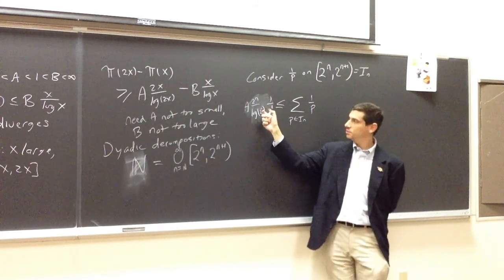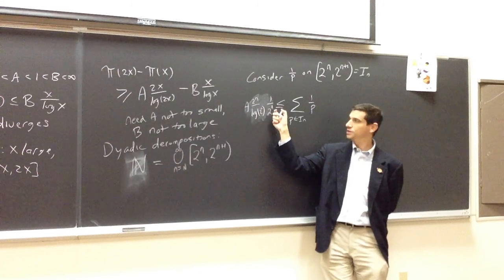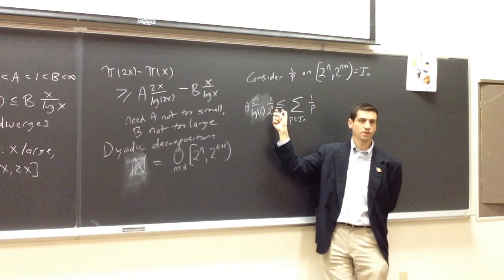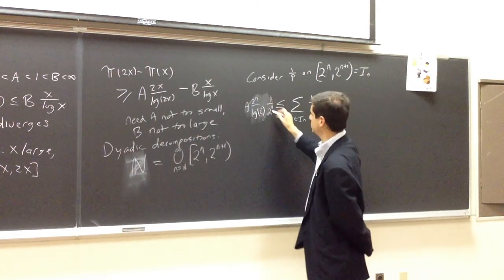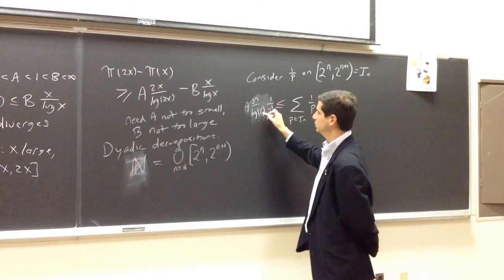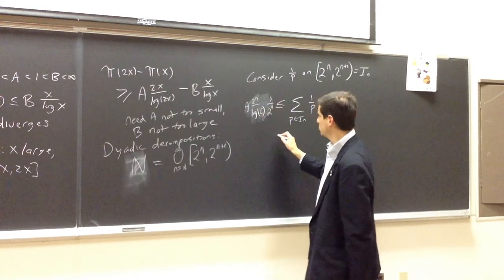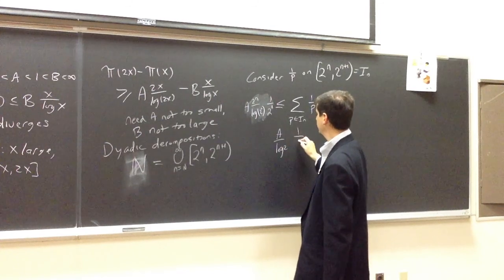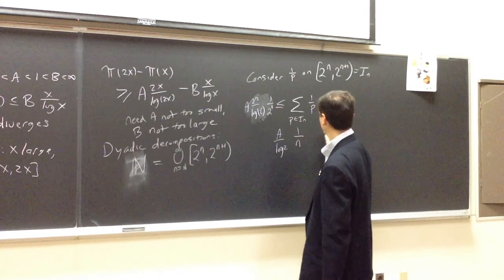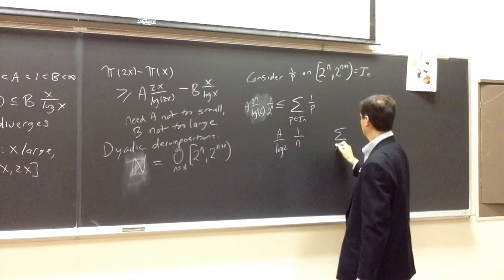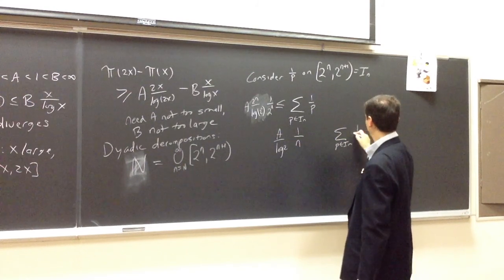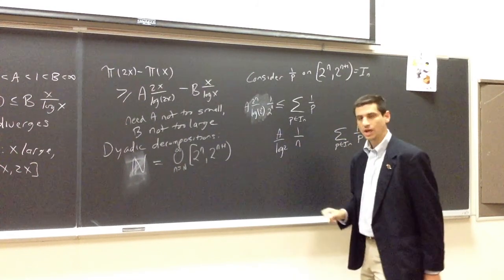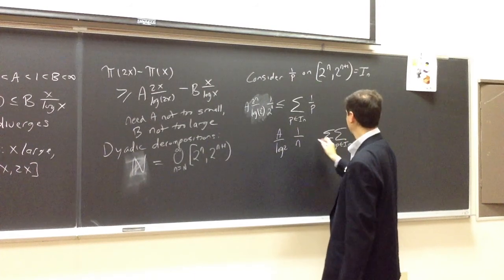So this is the number of primes, and I'm assuming the worst possible case for me, that each prime is exactly at 2 to the n. Well, you notice the 2 to the n's cancel. The log of 2 to the n is just n log 2. So we get a over log 2 times 1 over n. And here I have the sum over p in I sub n of 1 over p. And so now if I just sum over all n,